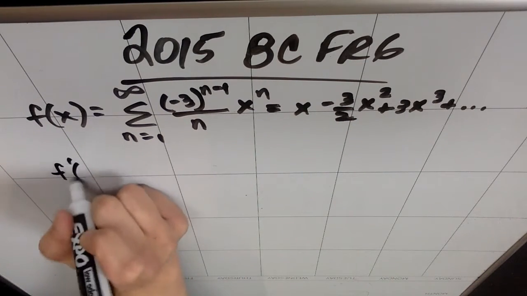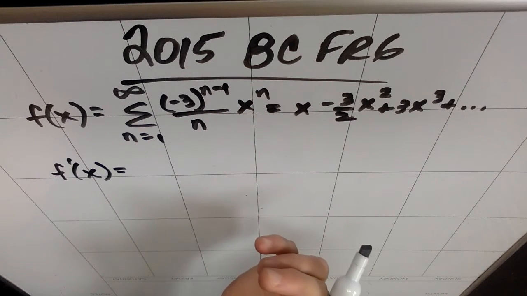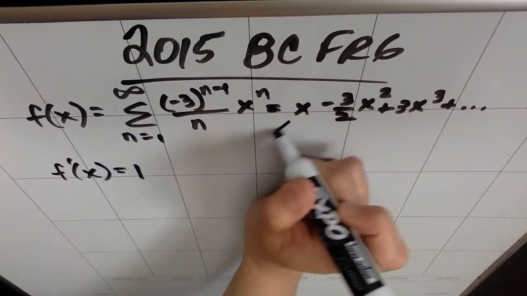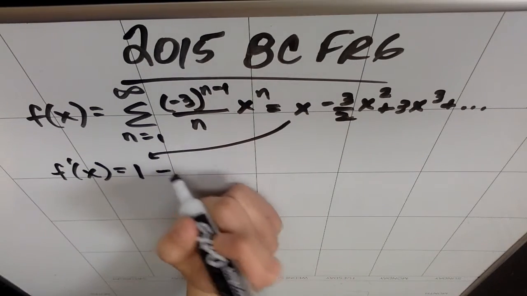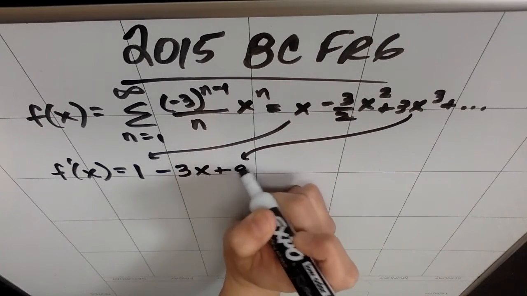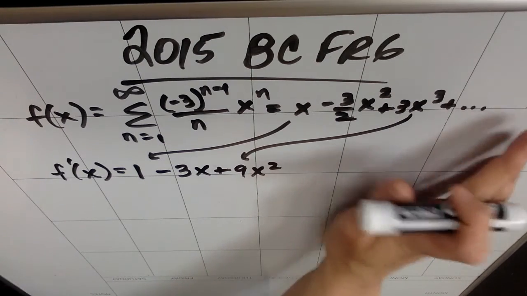So my f prime of x, right, should be the derivative of this guy, which is a 1, right? Derivative of this guy would be minus a 3x, right? Derivative of this guy would be plus a 9x squared. And then I need one more term after this. I don't think they actually bothered to give me that term, so I'm going to have to go ahead and